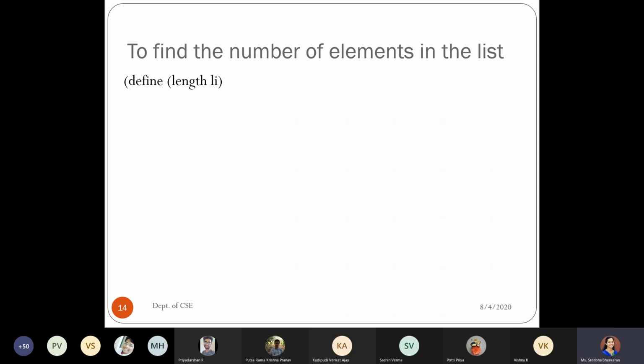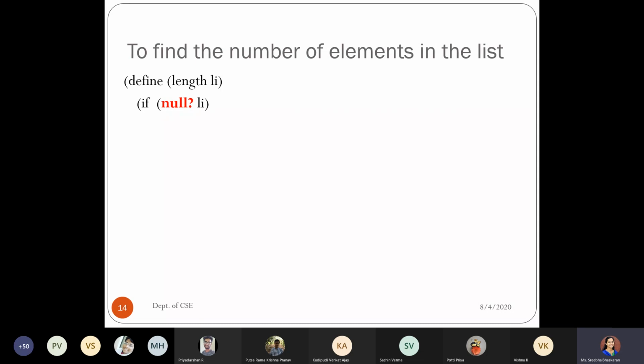So when you go for finding the length of your list, the number of arguments which we have is only one single argument, which is the list elements. The name of the procedure is length, followed by the argument.